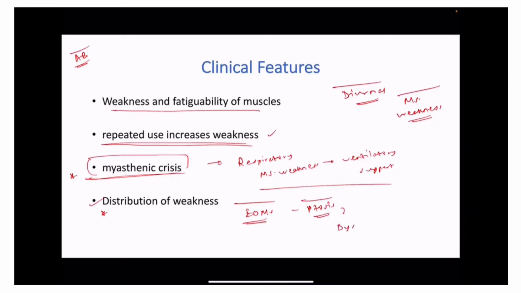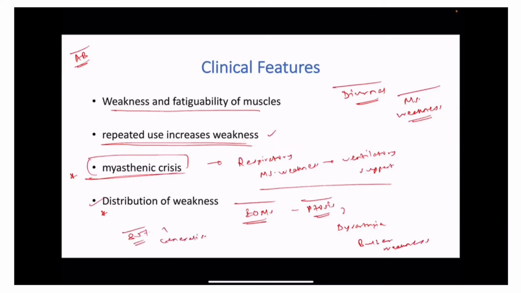patient starts having features of dysarthria. Why? Because your tongue muscles, your palate muscles, they start having weakness. And that is why the patient's voice, as towards the end of the day, he talks more and more, he's feeling fatigued while talking. So usually it starts with ptosis, then they have dysarthria, they can have bulbar weakness. And in 85% of the cases, after 1 or 2 years, they have something known as generalized myasthenia gravis.